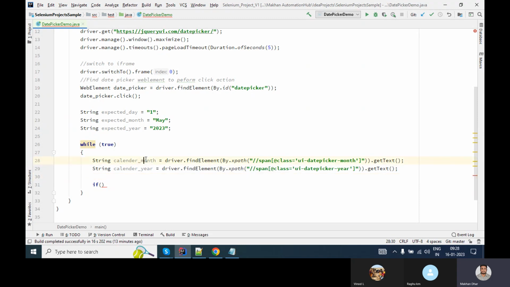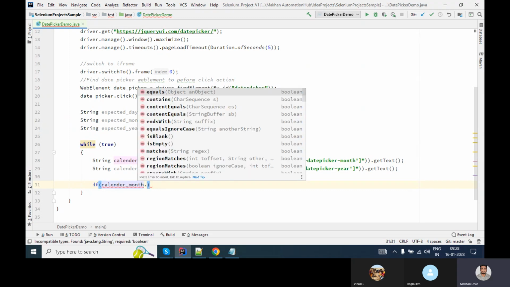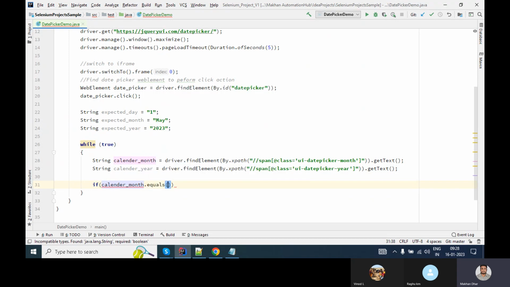So what I'm going to do here: if my calendar month dot equals, this is the method, dot equals to expected month. So we have two comparisons, two things to validate, one is month and one is year, and this is the first one. And I'm saying, and